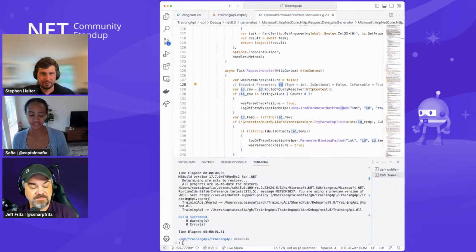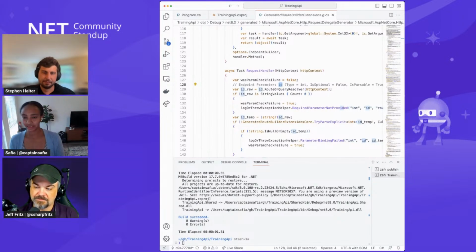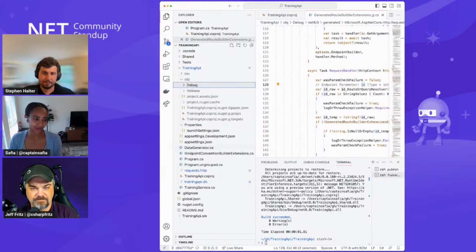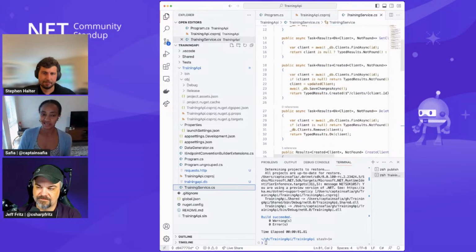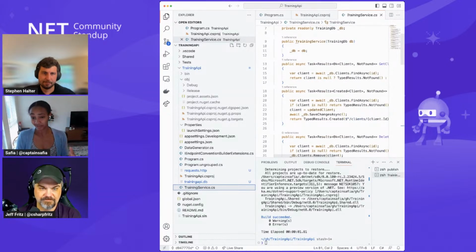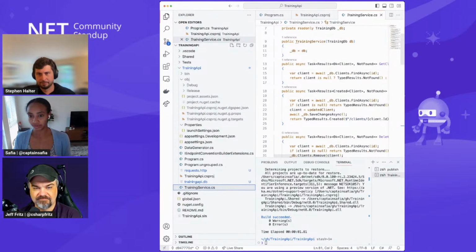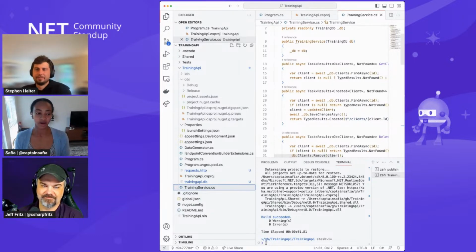Yeah, great question. So I think it depends a little bit on how your tests are structured. So in this demo application that I'm showing you, it does actually contain a test project, which I can open up. And there are two layers of testing. One of them is testing for a training API service. So I've got, where is it? If I can find it. Okay, training service. So I've got a training service that does the actual business logic of my application. And I might unit test that. So I can continue to unit test that on its own. It's not strictly related to minimal API. So whatever testing and functionality I have for that will continue to work.